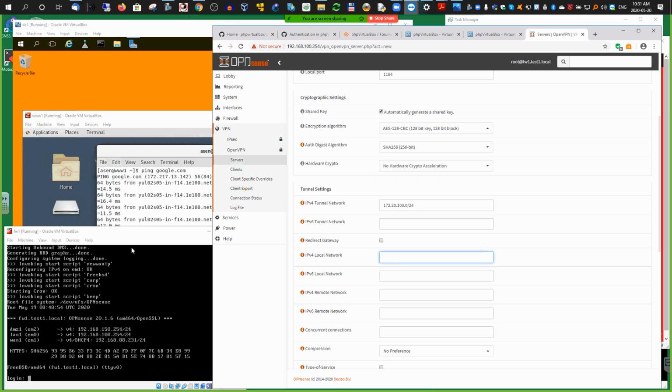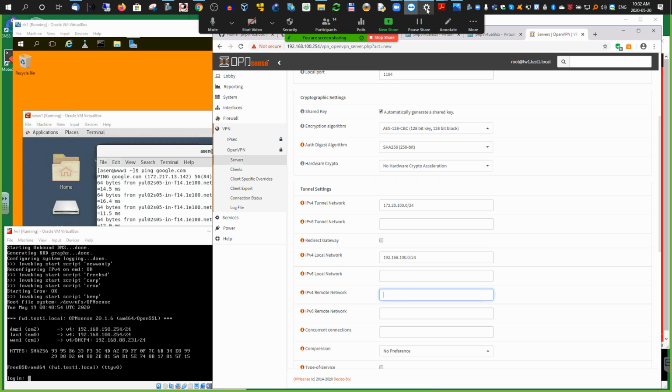The local network for this one is 192.168. I just noticed what is written in LAN 1 here. So .100.0/24. As you see, you write down the network part, you don't put the specific IP addresses. And the remote network, let's double check what it is. The LAN network on the other side would be,